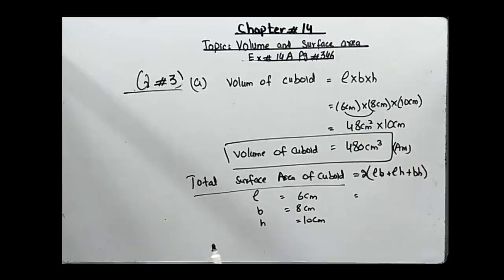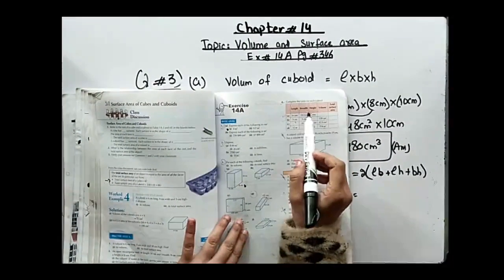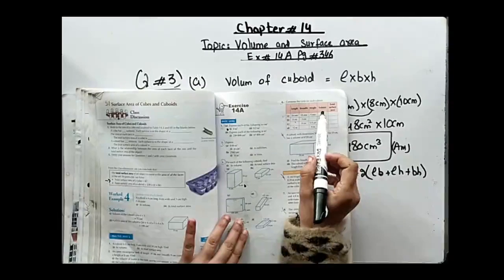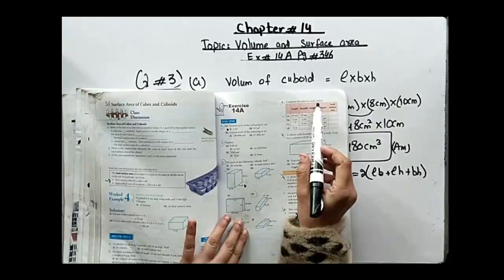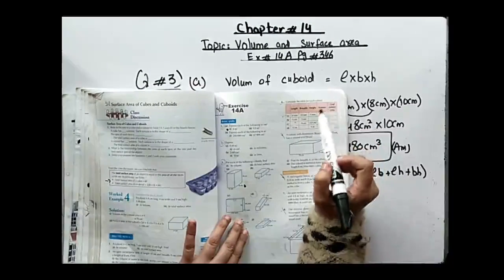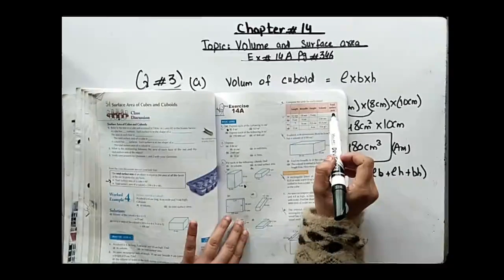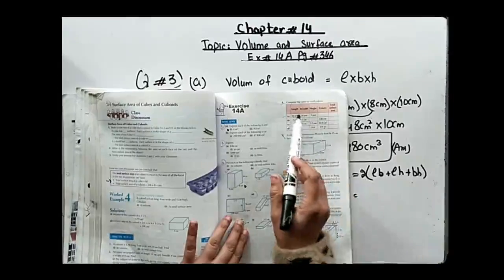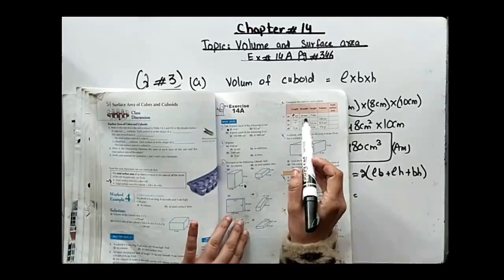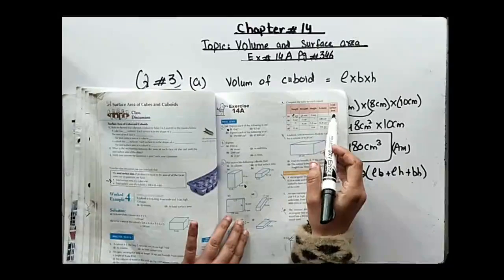D part is the same as question 3A part. And in question number 4, complete the table. Length, breadth and height are given and they are asking about the volume of the cuboid. Similarly, you will put in the values. First, multiply length multiply breadth multiply height, all these numbers, and then you will get the volume. And then you will put in the total surface area formula, then put all the values: length, breadth and then height. Solve this question and then find out the answer and write it down here.